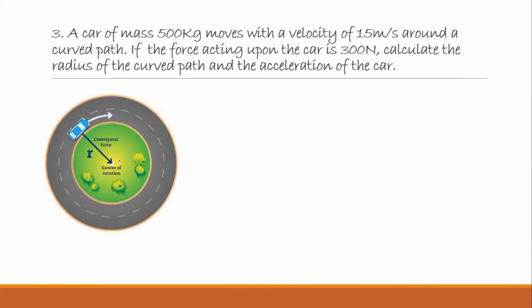Okay, looking at this scenario, the car moving around this curved path is able to do that because of the influence of the centripetal force, which is provided by the frictional force between the wheel of the car and the road. The force acting upon the car is nothing but the centripetal force, which is provided by the frictional force between the wheel of the car and the road. Are we clear? So, as usual,